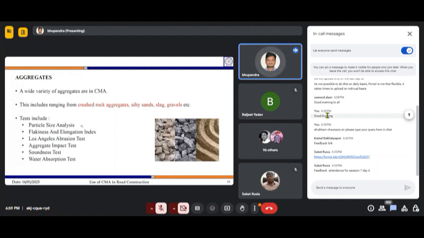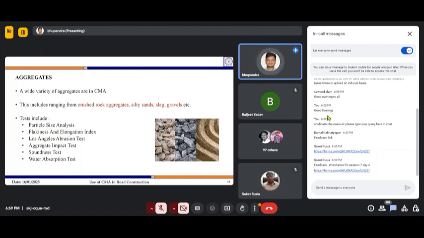So particle size analysis, because we want to obtain a well-graded mixture. So sieve analysis is done. Then flakiness and elongation index, because we don't want too thin or too long particles. Then Los Angeles abrasion value to check the hardness of our aggregates. Aggregate impact value to check the toughness of our aggregates.